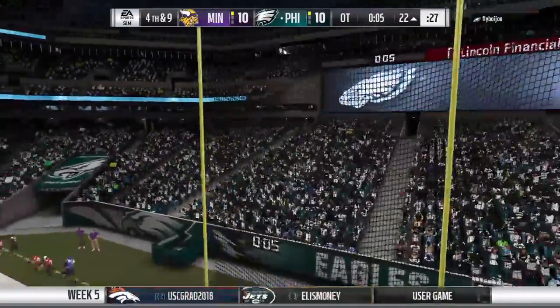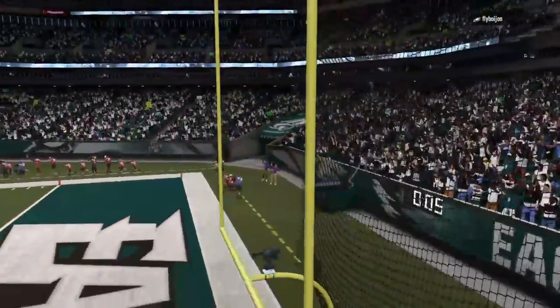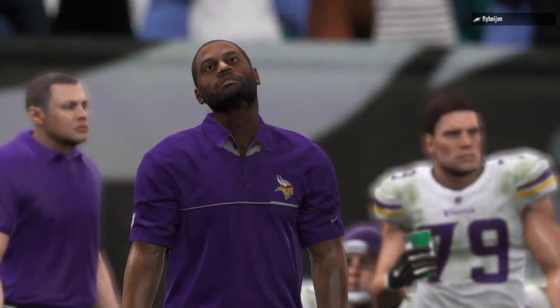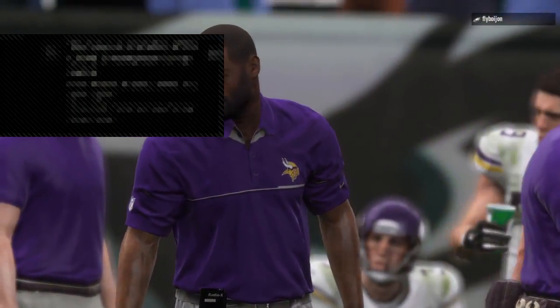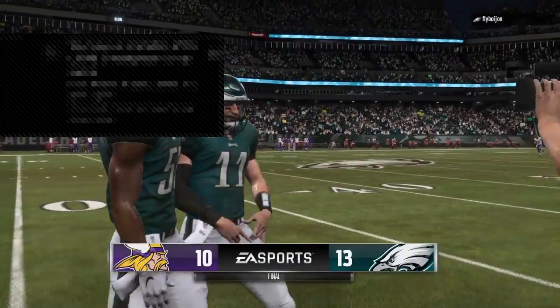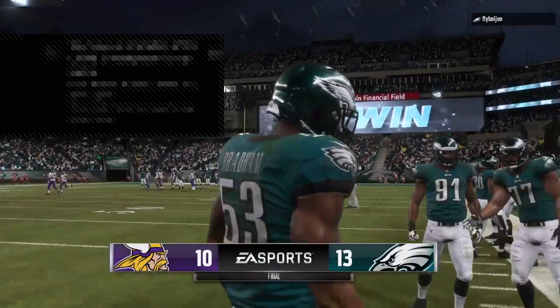And he got it. The kick is good in overtime. He's able to split the uprights. Well, we thought this game would be a good one. It did not disappoint into overtime, and it took the field goal to win it. And we always pay lip